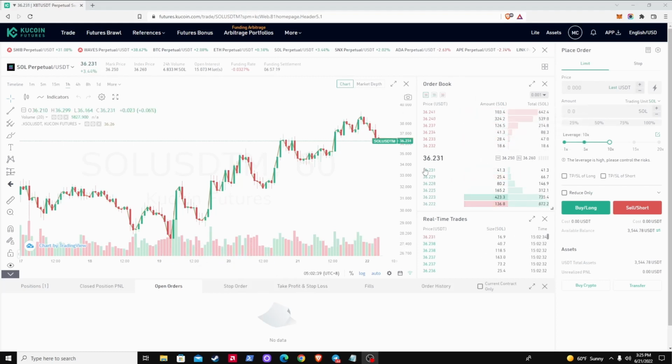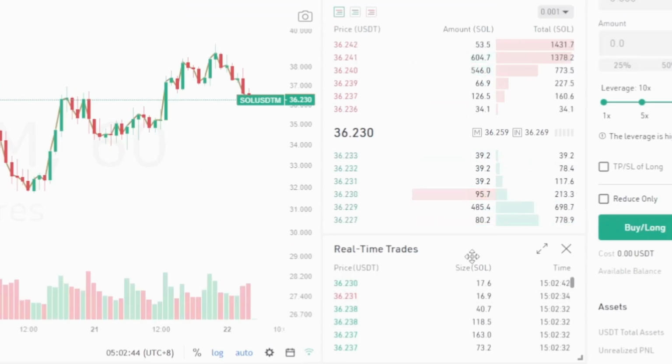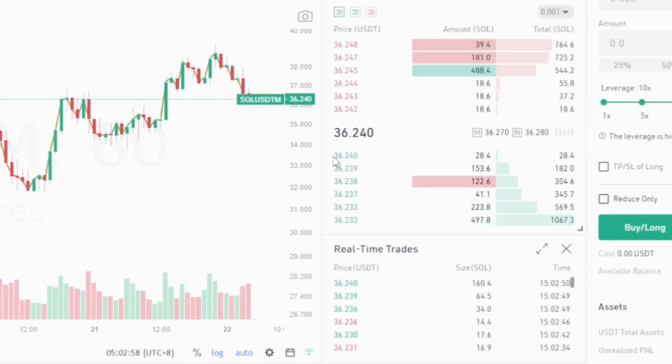Next up over here on the right, not the far right, but the mid right we'll call it, you've got the order book. Just like on the regular spot exchange, if you've used that, this is showing all of the sell orders or some recent sell orders and buy orders that are currently active, right, that haven't been filled yet. So you've got a sell order of 36 whatever down here and a buy order of 36 whatever.